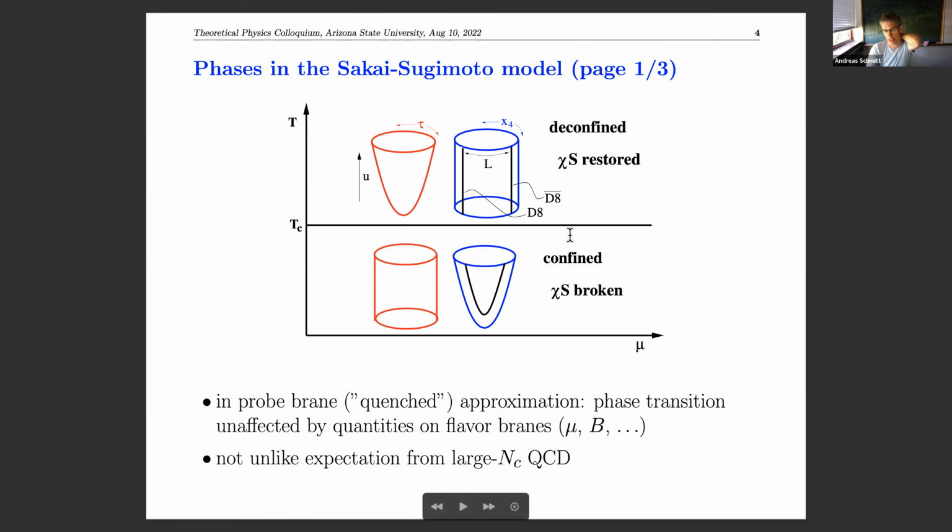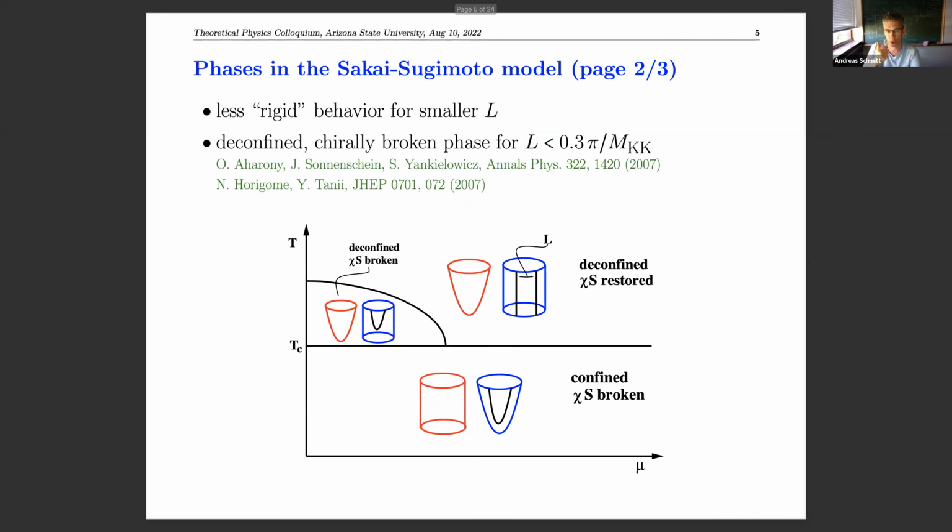Okay, but this is a rather boring phase diagram. Remember all my ambition in the motivational slide that I want to do mu-dependent phase transition lines. So let me show you how this is possible in this model. What I find is that a third phase is preferred in a certain region of the phase diagram if I allow the separation of these branes to vary. I call this L. So this is another parameter, if you wish, of the model.